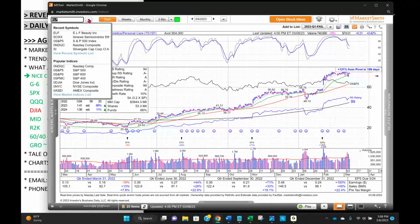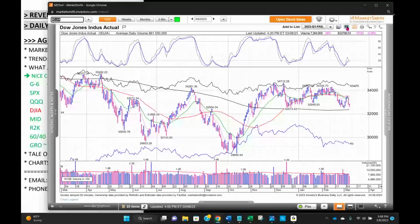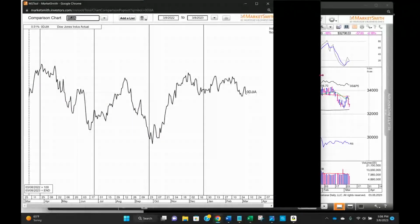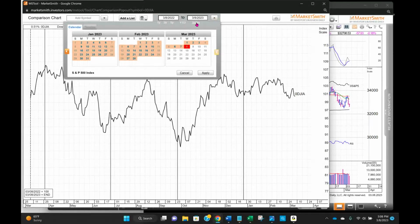So let's go now to those three healthcare stocks that, in my opinion, are, well, not in my opinion, it's a fact, dragging the Dow down. First of all, the Dow is a price-weighted index. The way that the Dow calculates its price is by adding up what all of the 30 components are trading at, and then there's a divisor. Right now, the divisor is approximately